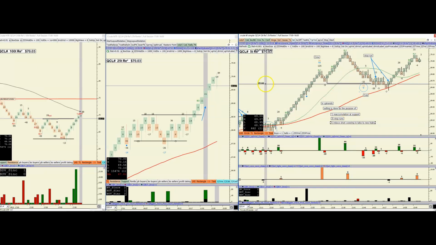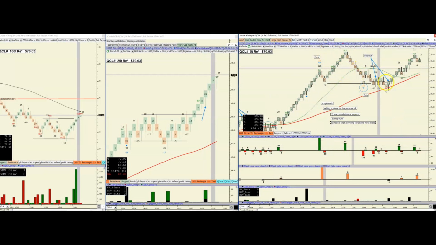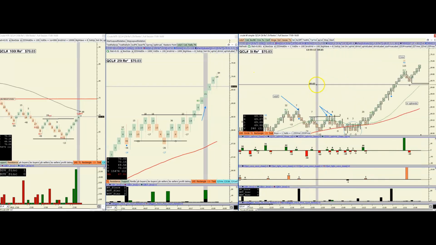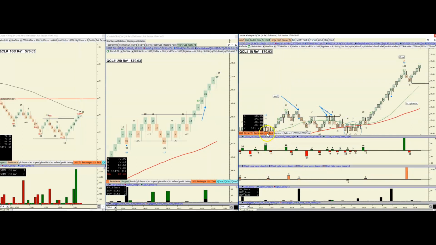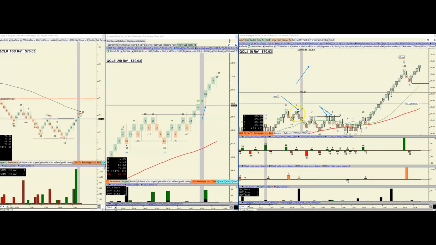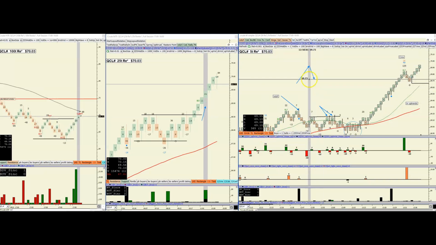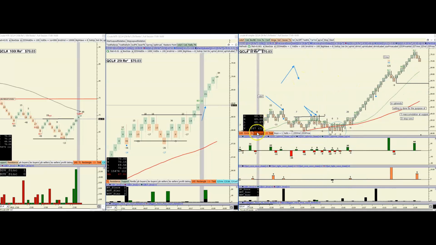All right. So then, and this is not within that schematic or model or anything like that, but it should be. So the question is, when does this work? And the answer is: when you have trend on your side and you have a rally, that's when you look for the buy signals. When you have trend and you have rally